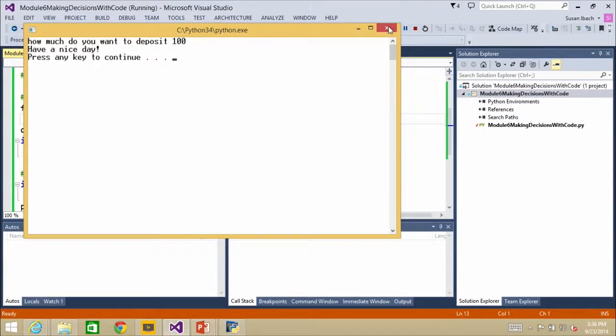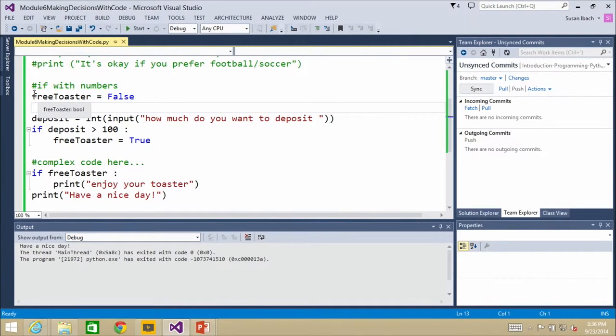Well done. So initializing variables, especially Boolean variables, is a very good habit, because otherwise, and that's why it's also very important to test true and false, greater than, less than, equal to. Test every possible path, because you might have gone and said, hey, it's working. And then one day somebody deposits less than $100 and the code crashes. So we want to make sure we do lots of good testing.